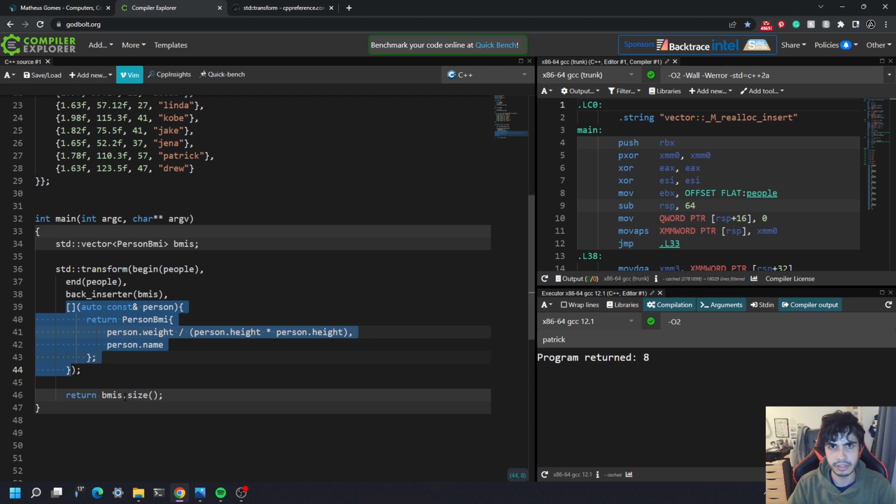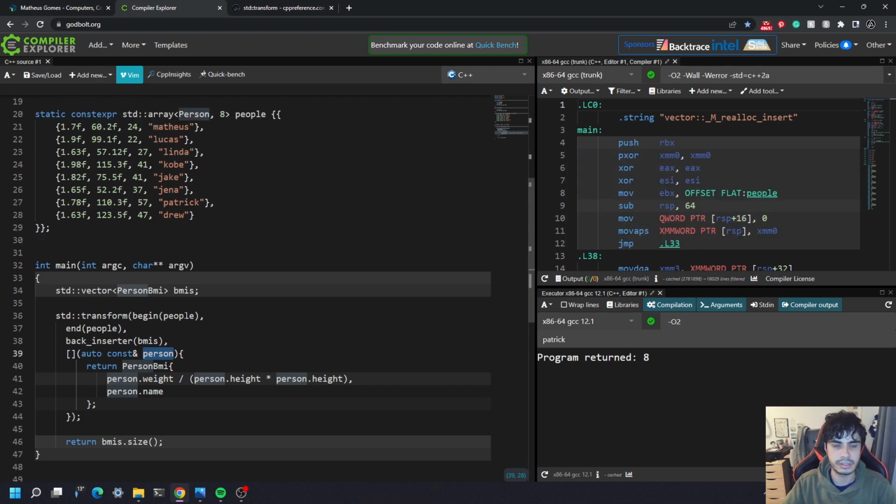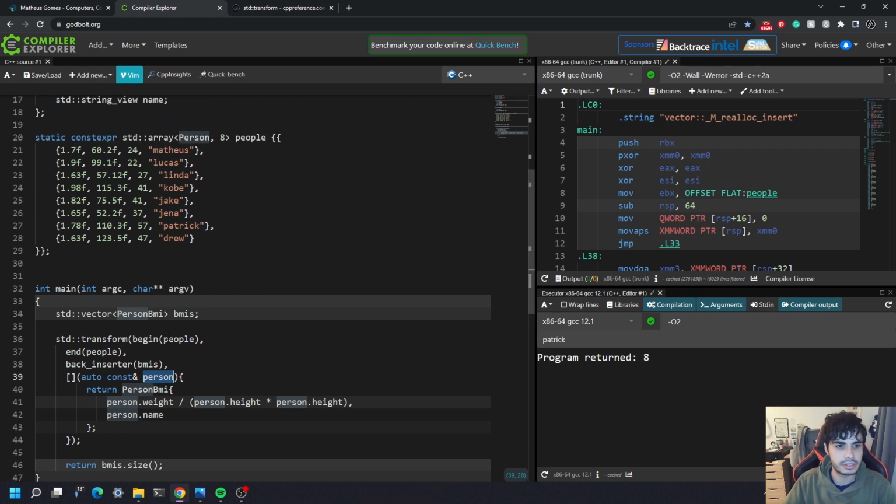So either if it's a lambda or if it's a function pointer or a functor, it has to take in exactly what I say here. The lambda or the function pointer has to take the same input type, one input type, as what the input iterators refer to. In my case, it's a person type, right?